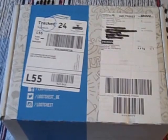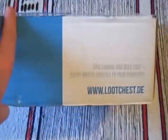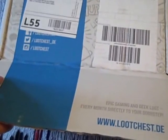There's both a basic and a premium version. This, I believe, is the basic version, but let's have a look inside. I've just scored through so we can get straight in, and it's a decent box here. This is, again, lootchest.de, and first of all we've got some information. I'll put that to one side, and